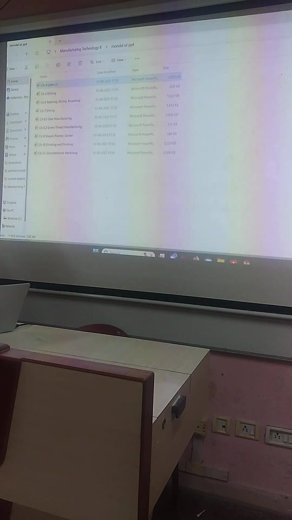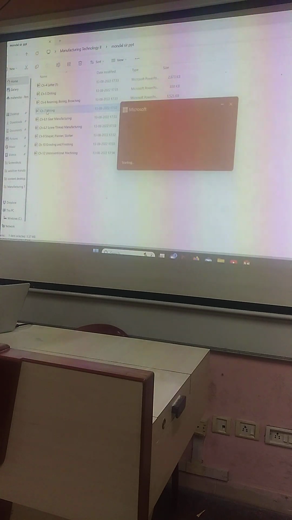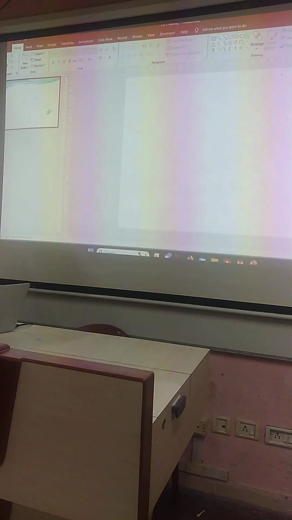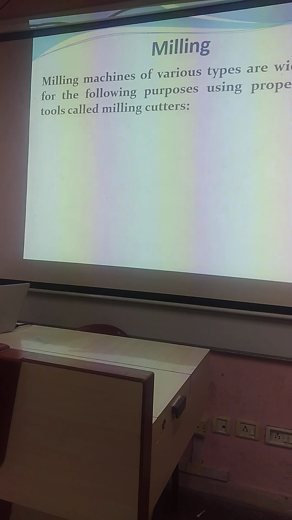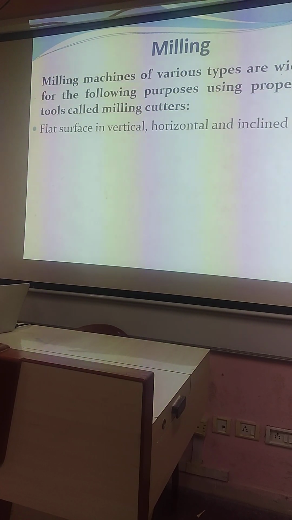These are the end of the lathe machine. Next, I am going to cover another machine, that is the milling machine. Milling machine. Milling machines of various types are widely used for the following purposes: using proper cutting tools called milling cutter, flat